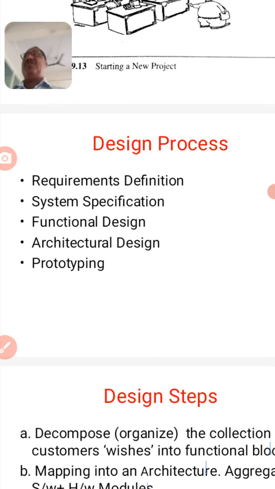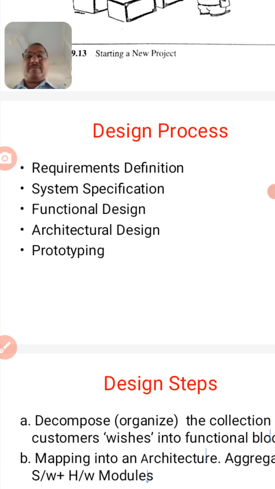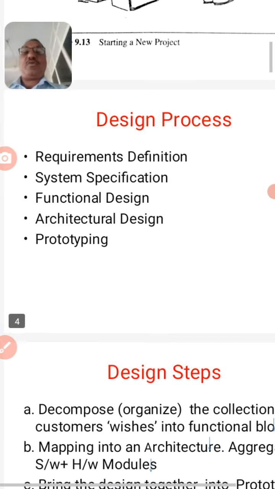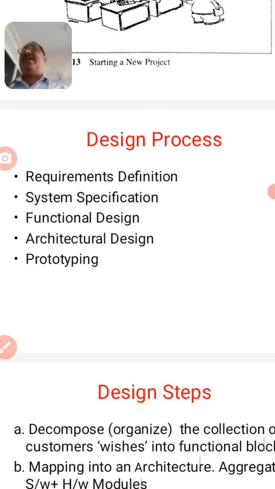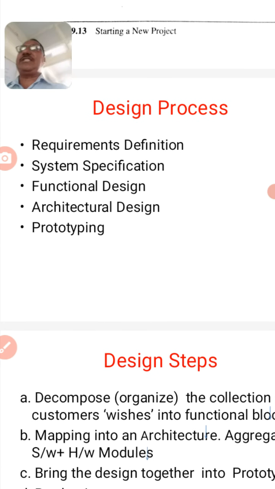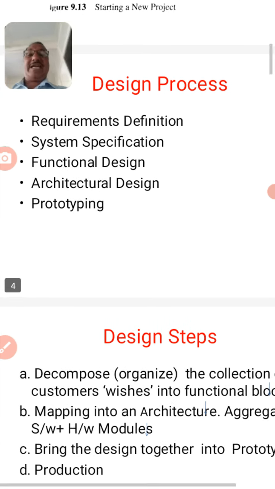Then there will be architectural design. Architectural design means that mathematically, using software and flowcharts, we design the product and make its prototype, a non-functional, non-working prototype. That means on paper we design everything and make a normal, non-working model, not the actual model. We decide the external size and external look of that product. That is called architectural design.